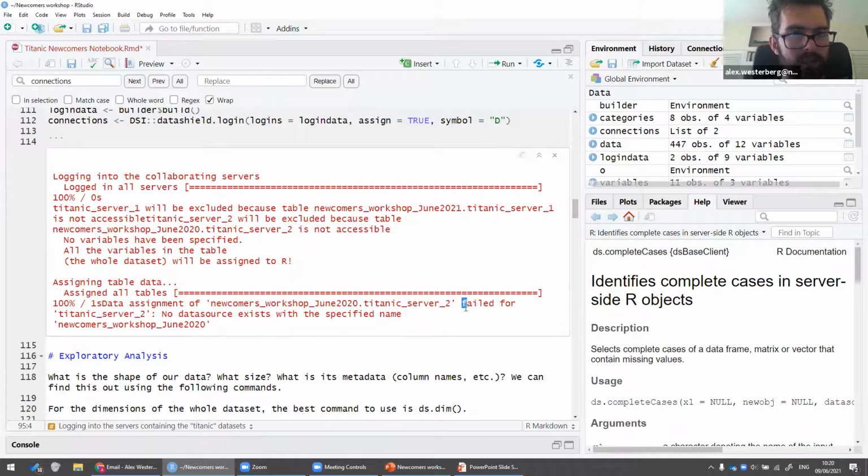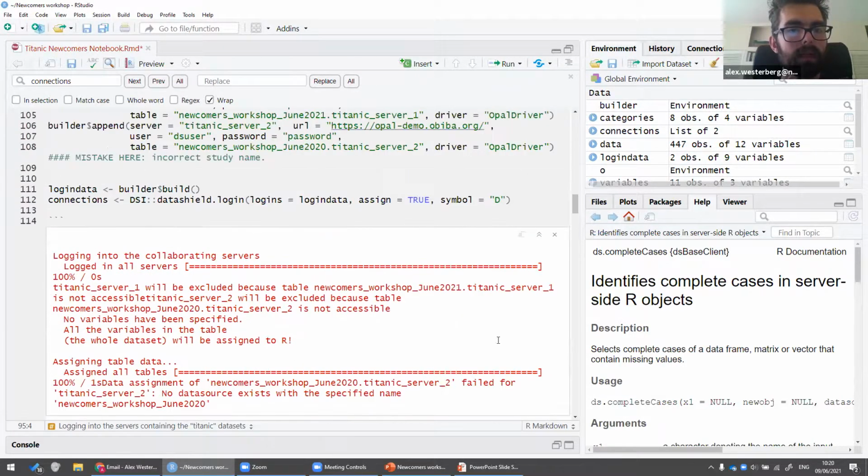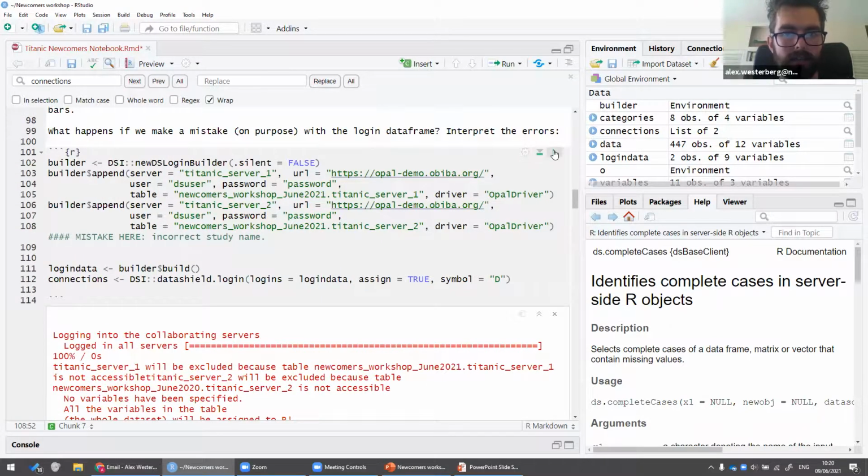It says failed, no data source exists with the specified name. So what we have to do is go back up and identify which part of this has gone wrong. Here I've accidentally written June 2020 when June 2021 is the correct name. So by correcting that and then hitting run again,